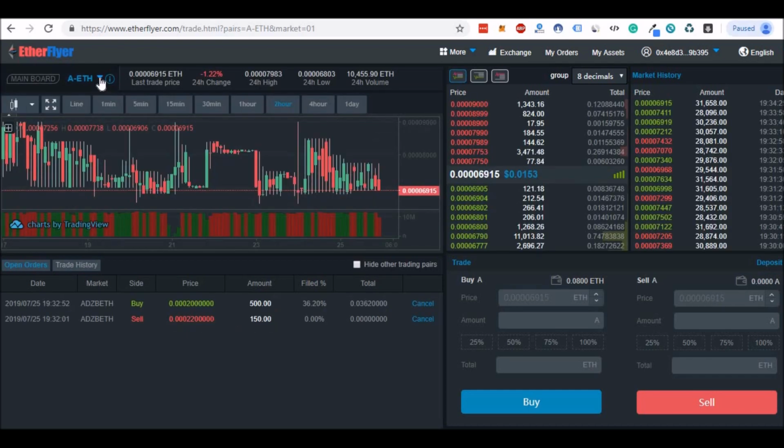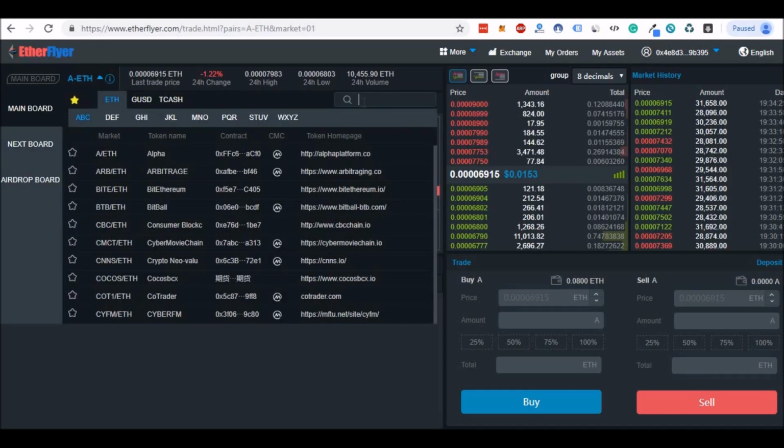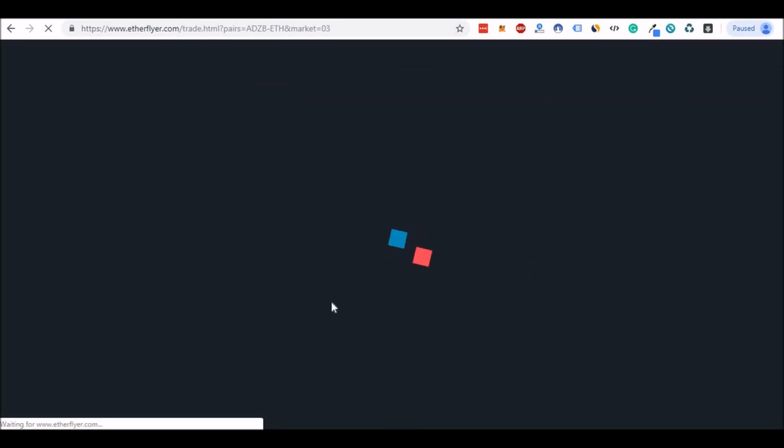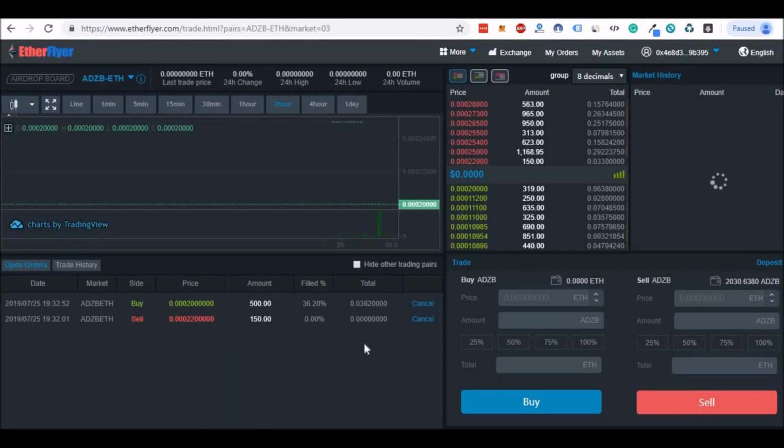Then select AdsBrick token from this drop down menu, search ADZB, click on it. Now as you can see, the Ethereum which I have deposited is showing here. My AdsBrick tokens are showing here.